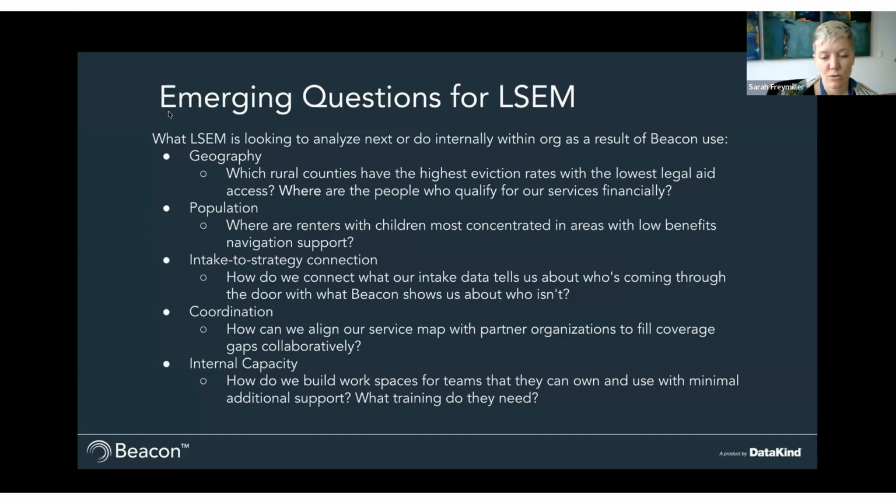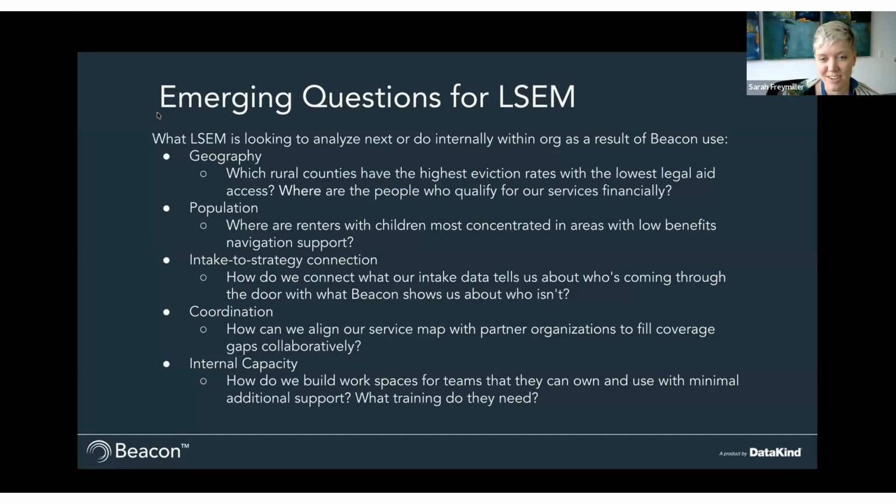And what we can do to edit our website, to get in touch with people in the region, to make sure that our pro se resources are available and searchable, so that we can have more information out there. So even if people aren't able to make it all the way to having a case opened with us, there is regional support for the type of need that they have.